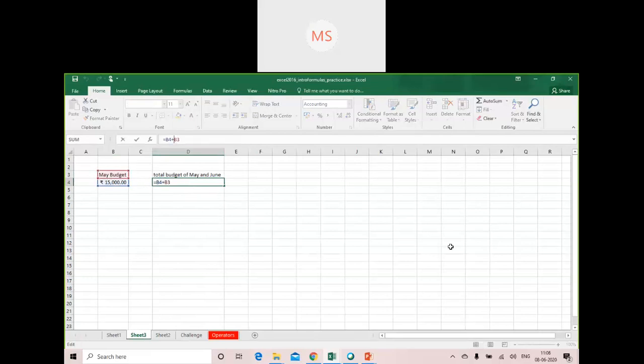B3 is from C2, so I can write C2 exclamation B3. So here it calculated to 27,000.